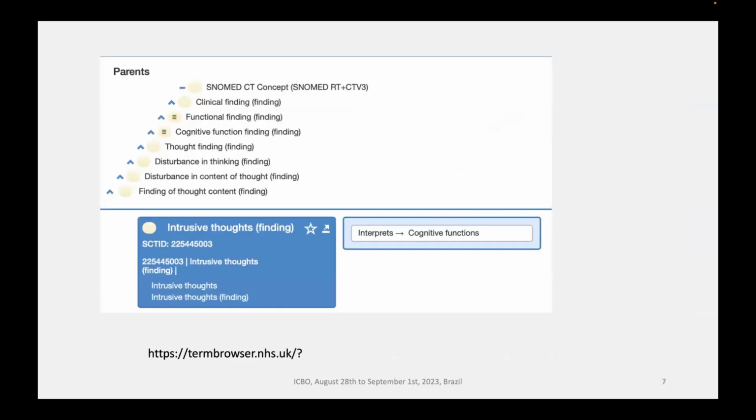Here, intrusive thought is defined in SNOMED CT in a hierarchical way, such as intrusive thought is a subclass of binding of thought content, which is a type of disturbance in content of thought, and so on. And the definition here lacks the semantics or the associations that contribute to the definitions of such concepts in the context of OCD.